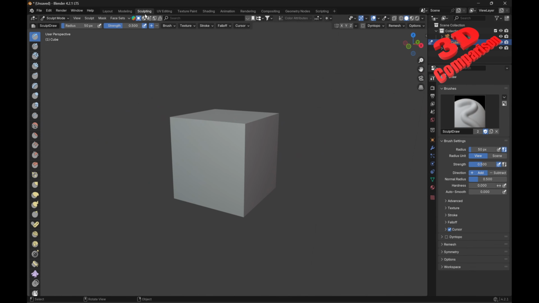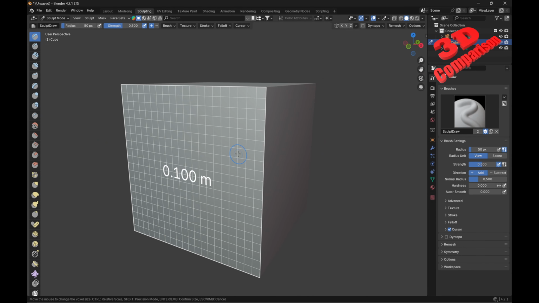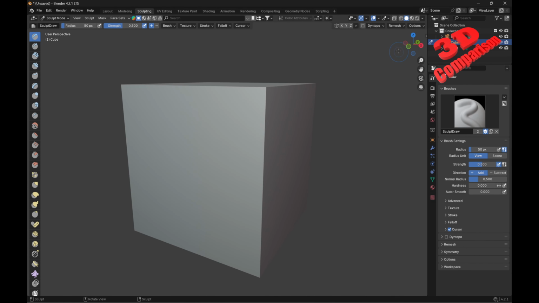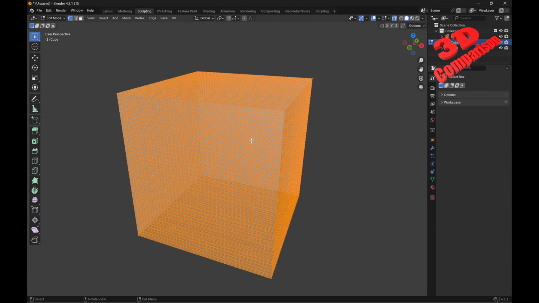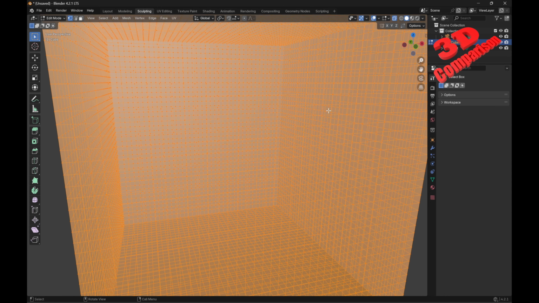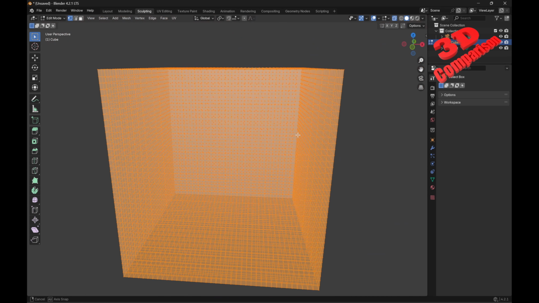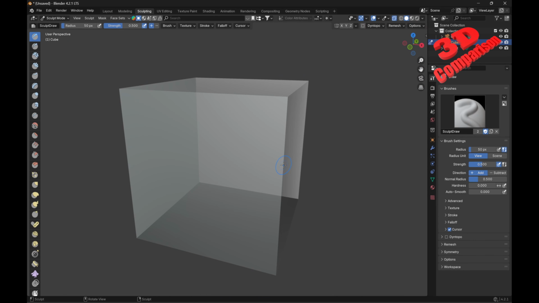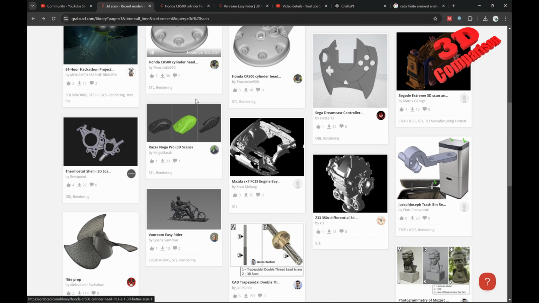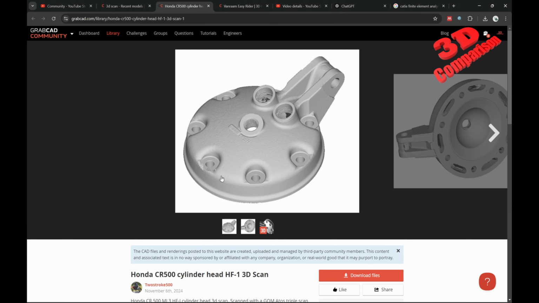That is, let's say, the opposite of Blender, where over here we mostly need to do some remeshing. So within Blender I can press R, I can do a remesh on the model, and afterwards we're gonna see how the geometry of the model will be defined, in this case, by quads. But usually 3D scans are defined by triangles. So over here I downloaded, for example, this one, because usually 3D scans have various elements within their geometry that